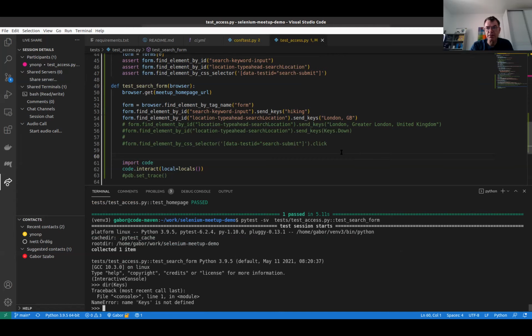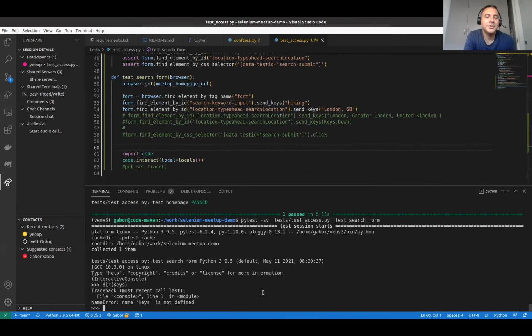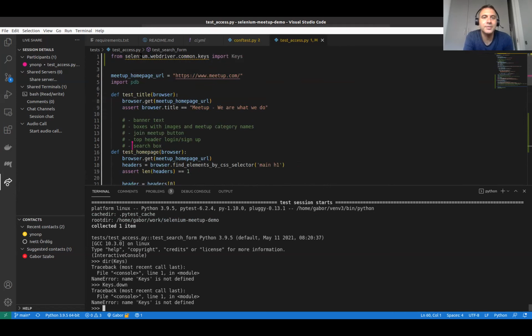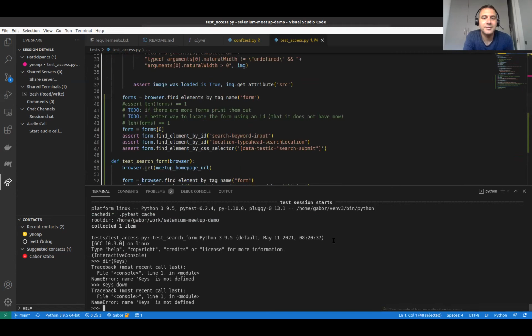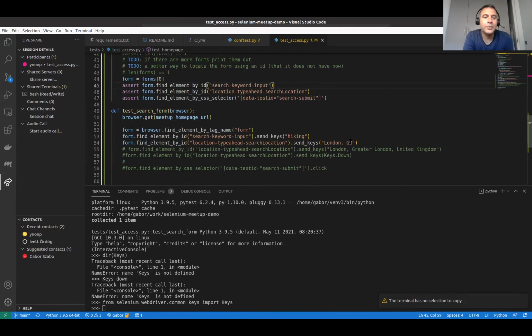But why is there no keys? Name error. Keys is not defined. Next time, use my method with the pdb set trace. Maybe pdb is not a local. It came from an import. Down in capital case, but it won't work for you here, only in the code. Yeah, now we can do the dir of keys. Will probably work.